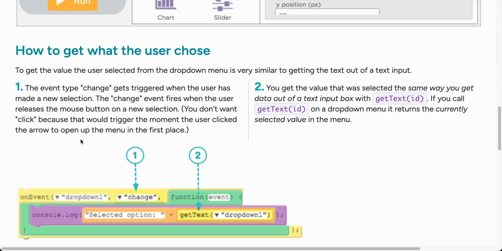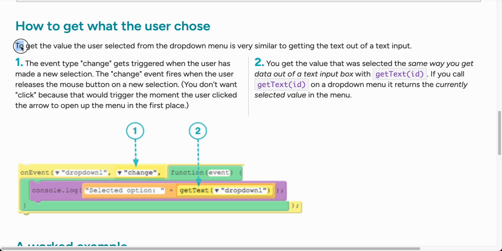How to get what the user chose. To get the value the user selected from the drop-down menu is very similar to getting the text out of a text input. The event type change gets triggered when the user has made a new selection. The change event fires when the user releases the mouse button on a new selection. You don't want click because that would trigger the moment the user clicked the arrow to open up the menu